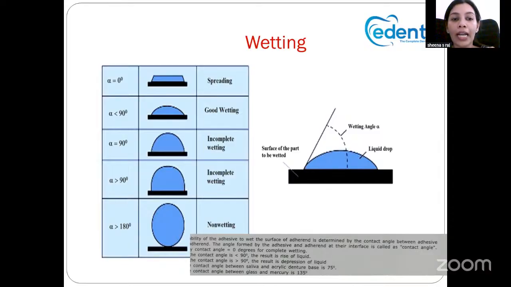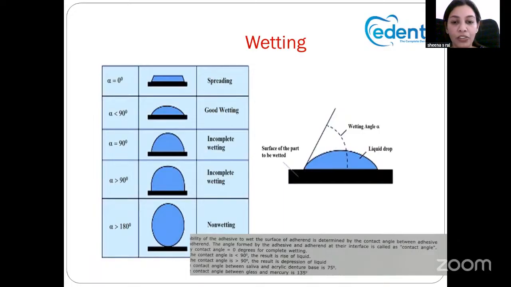If the contact angle is less than 90°, that means it will have good wetting. If it is equal to 90, it is having incomplete wetting. And if it is more than 180°, it is having non-wetting. So please keep in mind, 0 means complete wetting or complete spreading of the liquid is seen. While in the case of a wetting angle or contact angle more than 180, that means the surface is not at all wetted. Some other important questions that have been discussed from wetting,